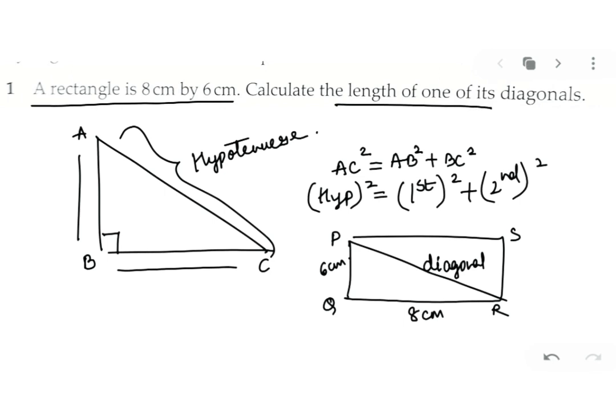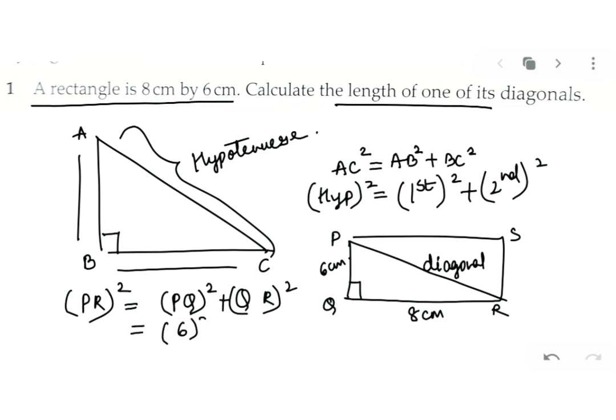Now you know very well that a rectangle has 90 degree angles. So PQR is a right angle triangle. And if PQR is a right angle triangle, I can apply Pythagoras in it. Yes. So can I say PR, which is the hypotenuse, PR square will be equal to PQ square plus QR square? Yes. What is given to you about PQ? It is 6 centimeter. So 6 square plus QR square, that is 8 square.